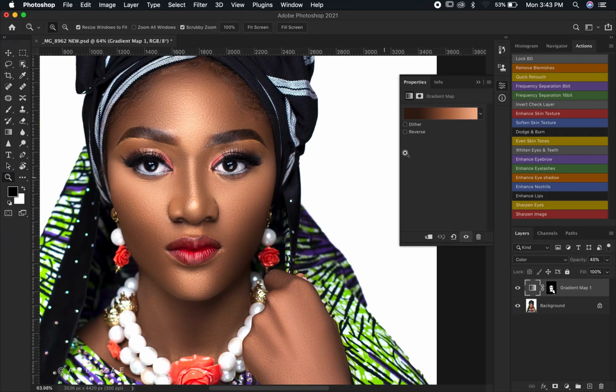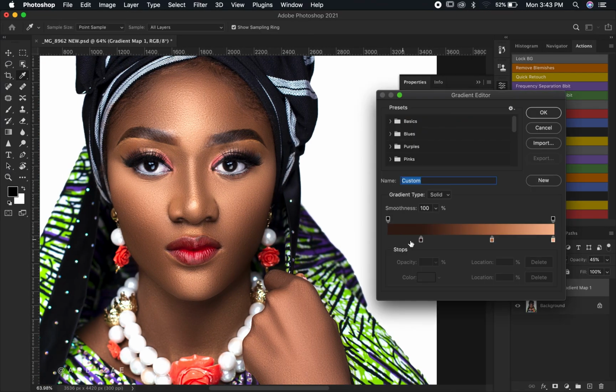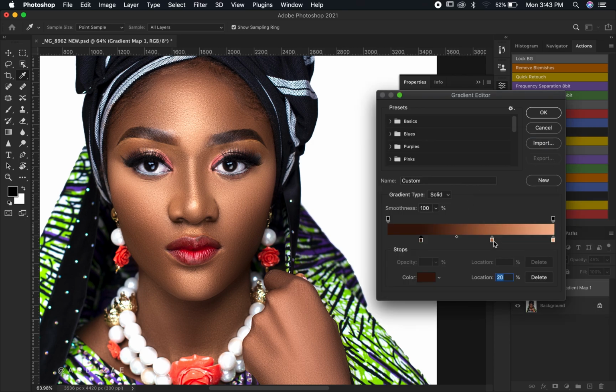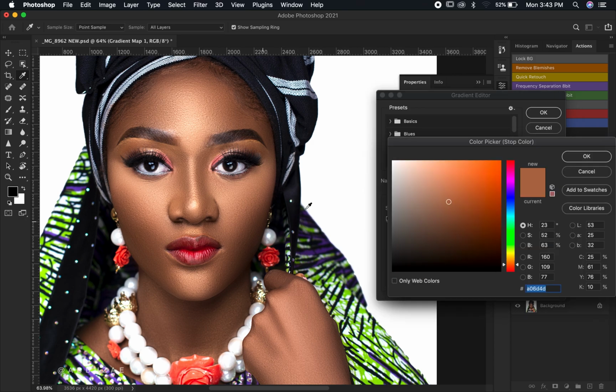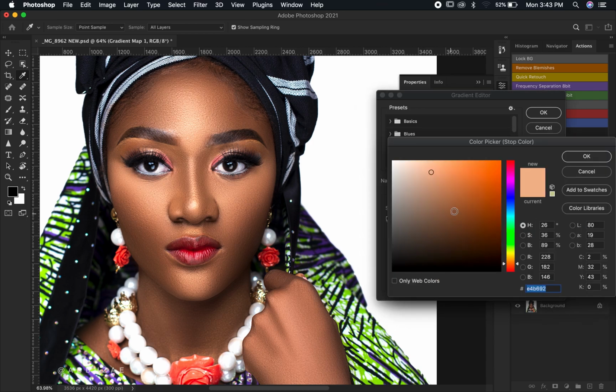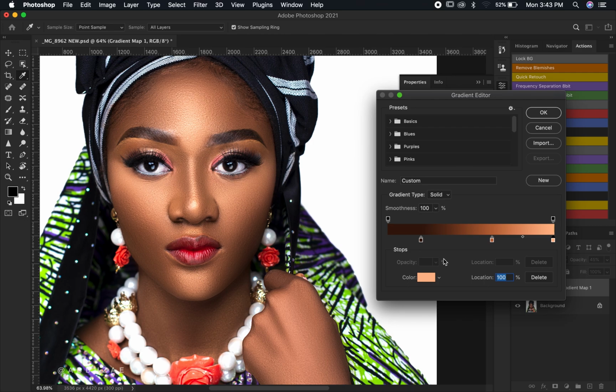So you can always click on the gradient icon here, and then you click on your shadows and make adjustments if need be, and then you click OK, and then you can also move to your midtone and make some adjustments if you want to, and then you move to your highlight as well and make adjustments if you want to. And then something very important is, if you want to keep this gradient maybe for your future images,